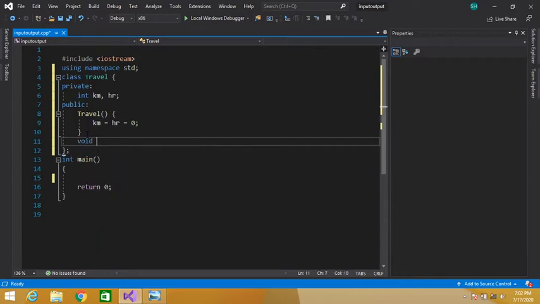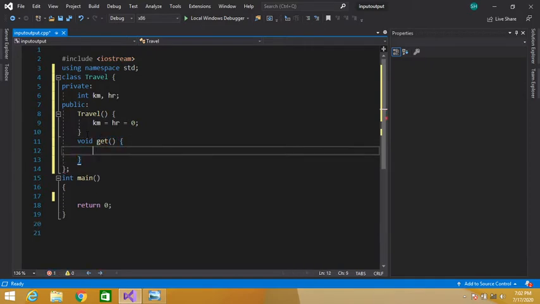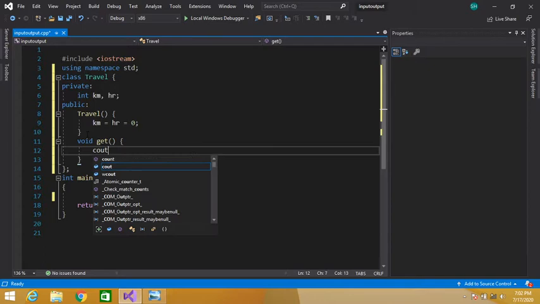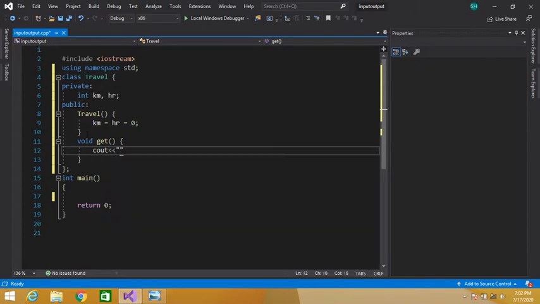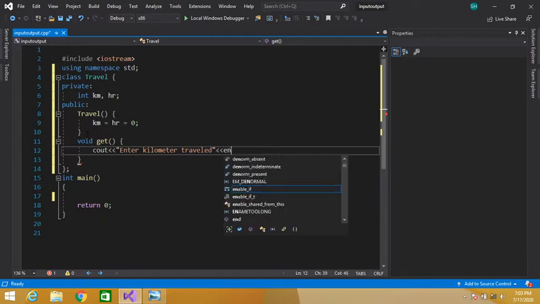Void get, a function to enter kilometers traveled. So let's prompt the user to enter: "Enter kilometers traveled." endl.